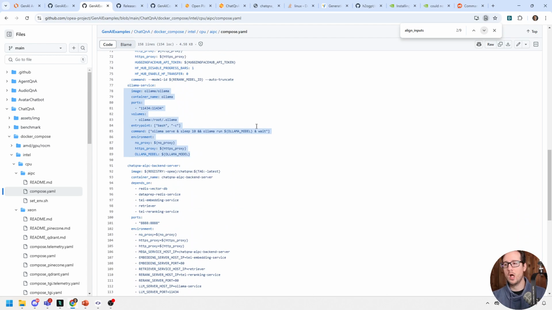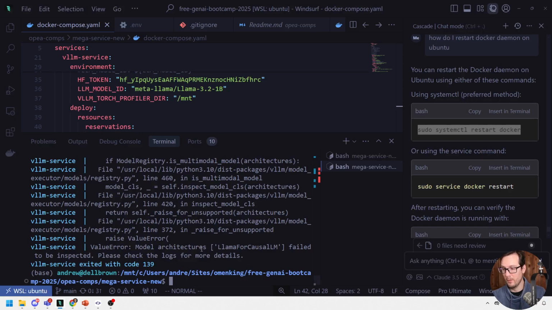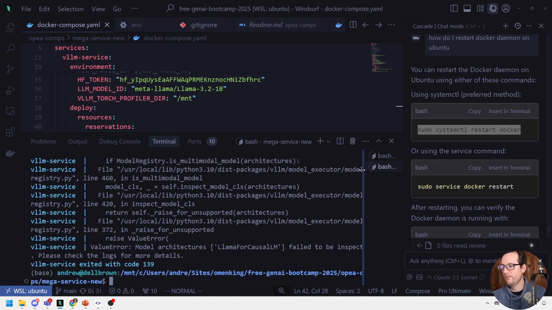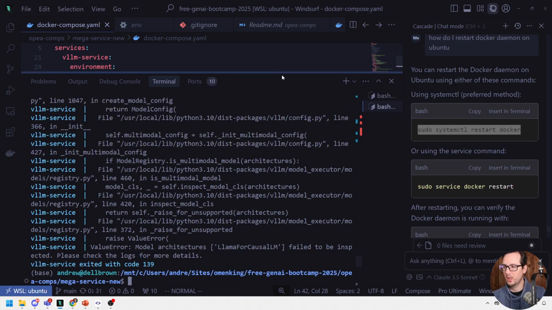And it's using Ollama. So it's not even trying to. I guess this makes sense because it is a CPU. So maybe it might be hard to configure vLLM to use the AI PC chips, or maybe it can do it. You just need to do a little bit more work. What I find a lot of times is you have to do work to figure it out. I know that if I was to take the service and put this onto AWS, it would just work. Here it says, model architecture LlamaForCausalLM failed